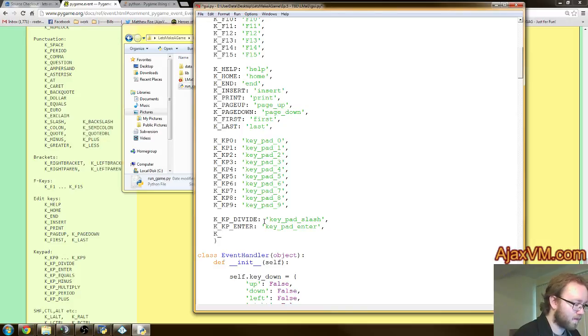Okay, oops, keypad equals, keypad equal. Wait. I don't see a KP equals on my keypad, but somebody must have one. Okay. So